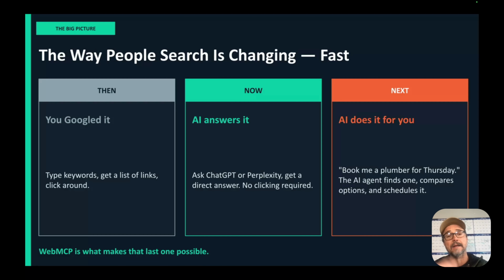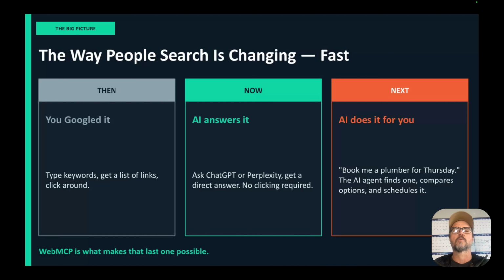Well, if we look back a little bit, before when we started doing SEO, you would Google for something, put a keyword in and find some links, and then you would click on the link. Now, most AIs are able to answer it within Google with the AI overview or Gemini or Perplexity. And that's what we're doing when updating websites and producing content: making sure that these agents can get direct